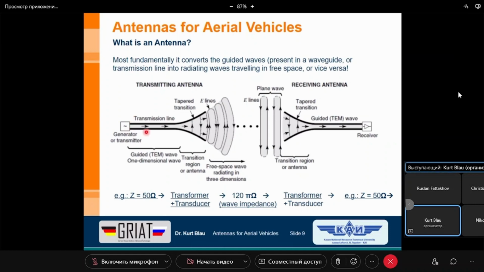no losses. In practice, we can say if this is a more or less good conductor, for instance copper, the losses in this area, if it's not very long, short enough, several meters only, at very low frequency, 1 megahertz, let's say 10 megahertz, then we can neglect these losses. The losses in this case are so small that they have no influence. And so we can say, okay, the output power which goes into the free space is